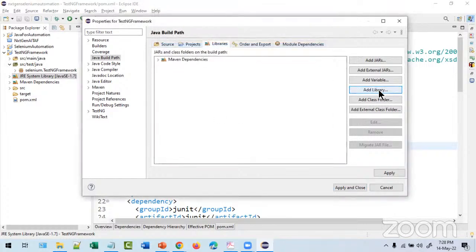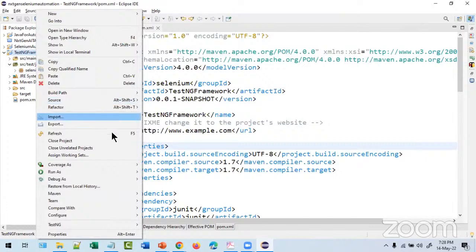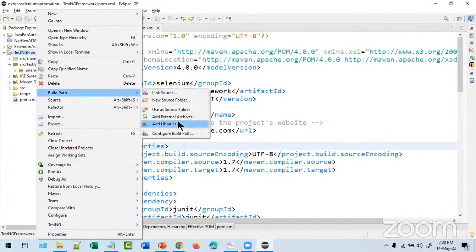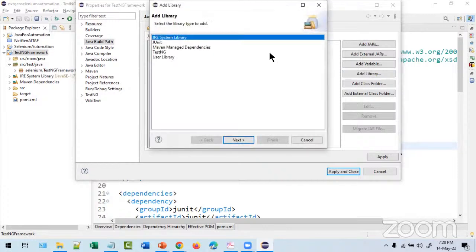This is the first time we are seeing it here. So what we did, first we have to right click on this, or even you can right click anywhere, come to build path, configure build path. Remove this 1.7 and then add library, system library.